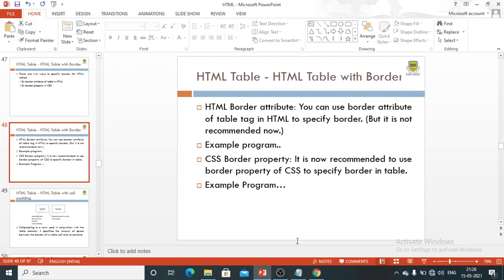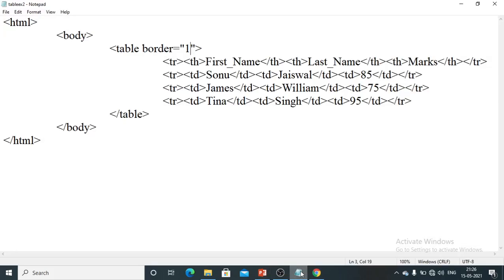Let us check out an example program. I will make certain changes here. How can I use the style? The style is mentioned in the head part, and the rest of the content of the table is in the body part.